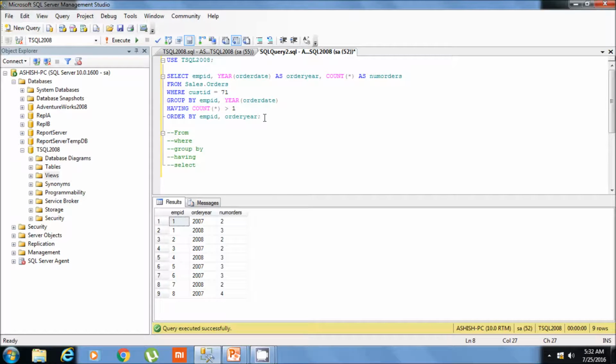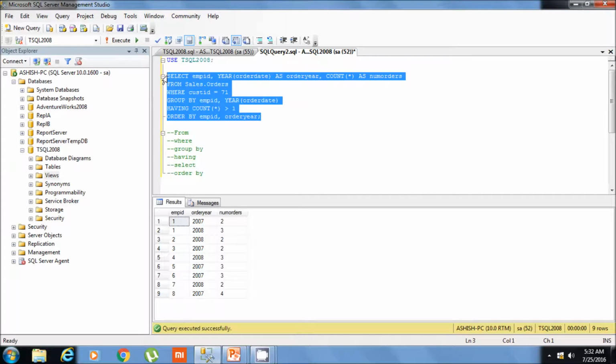Okay, at last we have the order by clause. Using this clause we are ordering the result, and we want the result in order of employee ID and order year in ascending order. So what is the whole query doing?